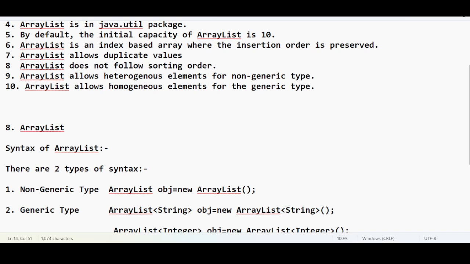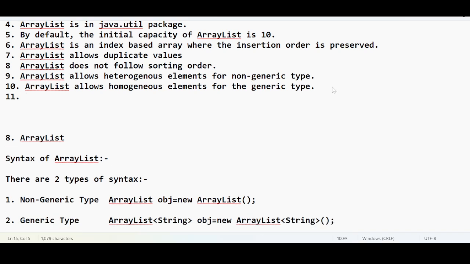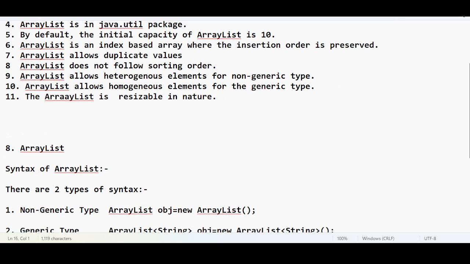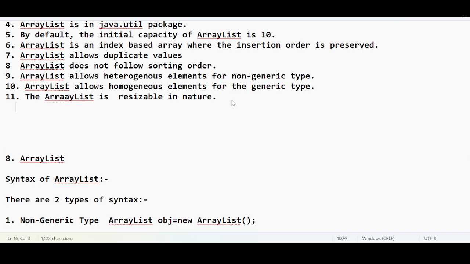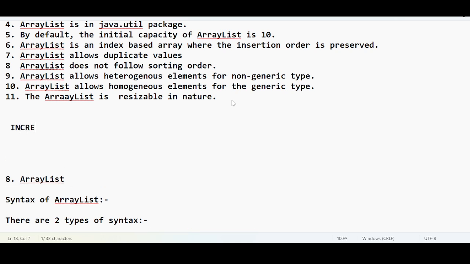Okay, so the next point is the 11th point. The 11th point is capacity. The ArrayList is resizable in nature. What does it really mean? Let me give you this formula. Incremental capacity. I will tell you what this incremental capacity is. Incremental capacity equal to